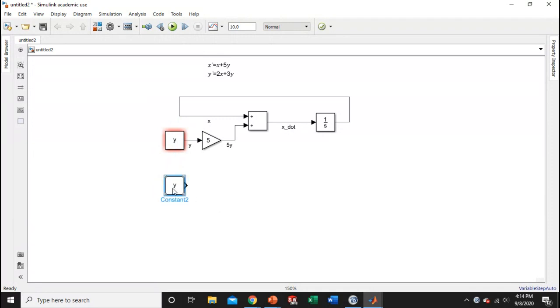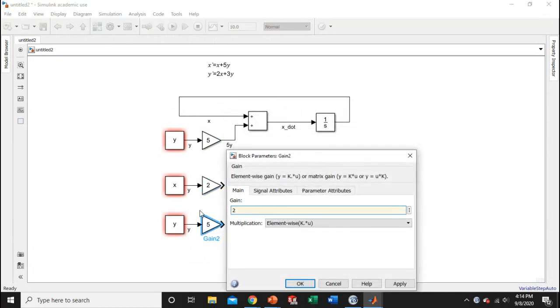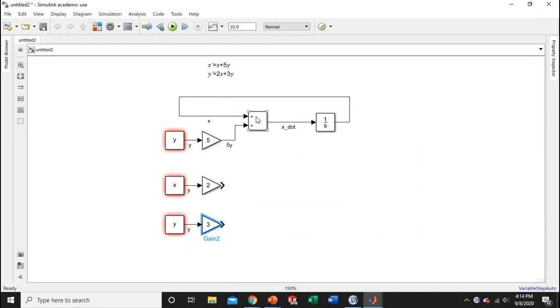And so I'm going to start out with this second equation in the same way as before. I have x and I have y. X I can connect to this one, but I'm going to do that in a minute. So now I need to know y dot is equal to 2x plus 3y. I know I'm going to need a couple more of these gains because I need to multiply x by 2 and y by 3. So let's do that first. So x times 2 and y times 3. And then I'm going to need this add block again. Right there. So this one is 2x. This one is 3y. And so this output is 2x plus 3y, but that's also equal to y dot,